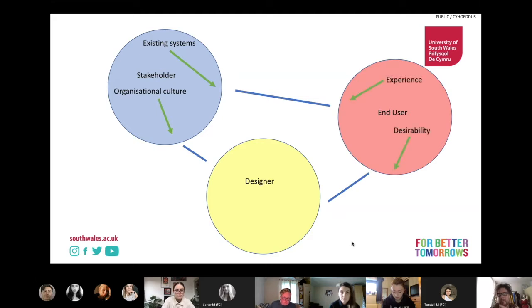Our user might have some existing experience with the service or the industry that we're dealing with. Now that might be negative experience, positive experience, limited experience, or extensive experience. So for example, if you were designing a system for people to easily access prescription drugs, and you were designing it for a group of pharmacists, you would design that very differently than if you were designing it for a group of, say,